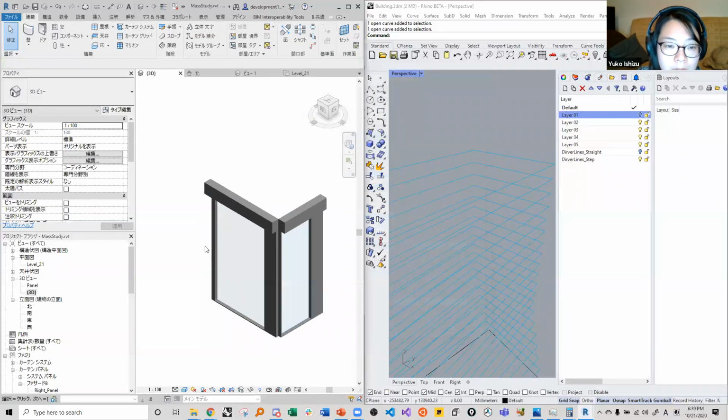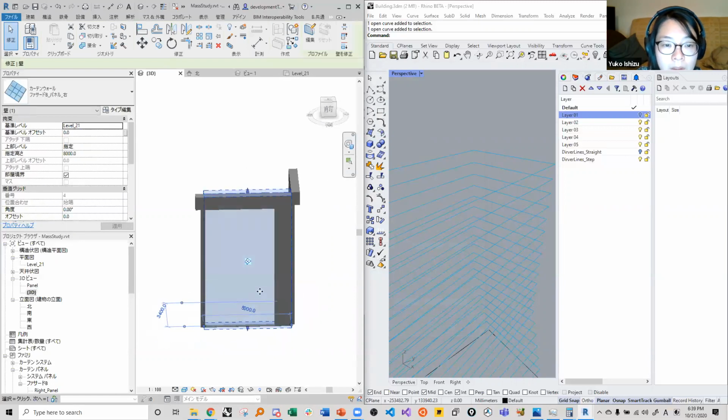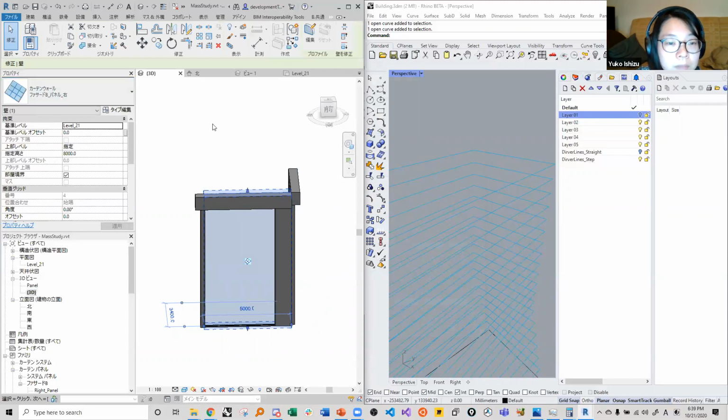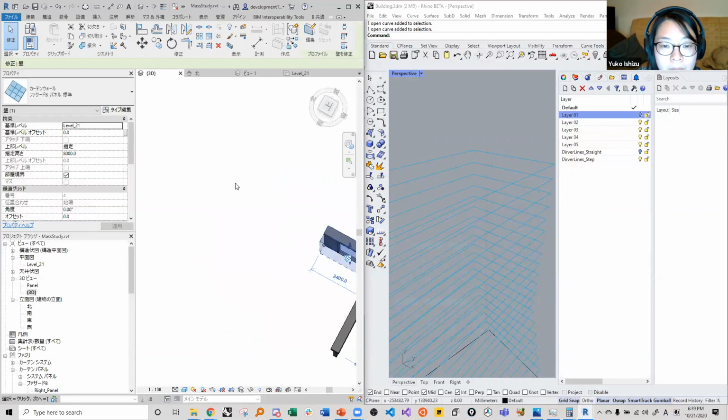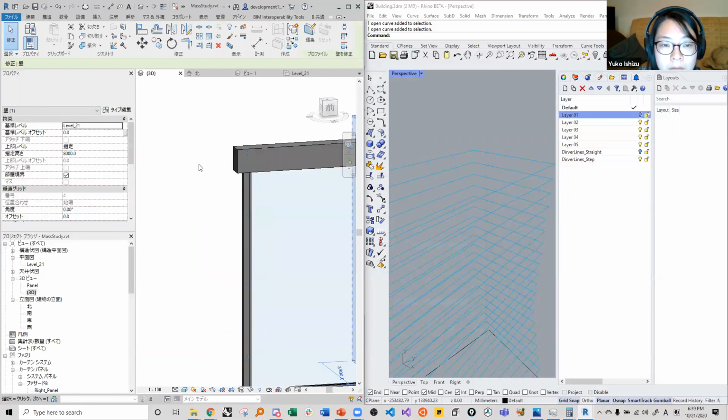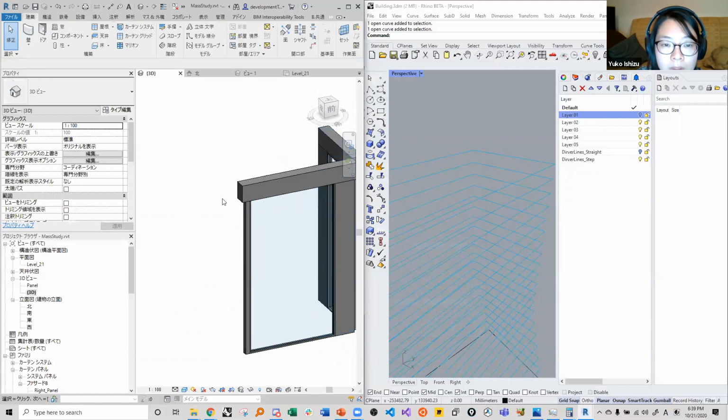So let's see. This one is facade panel light. So you see light type is